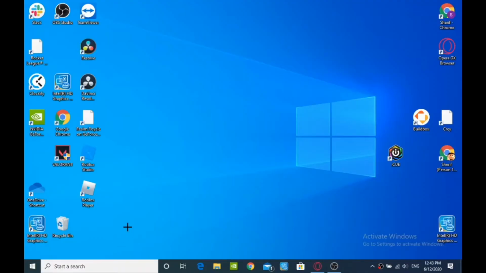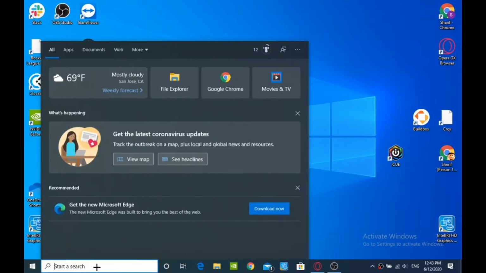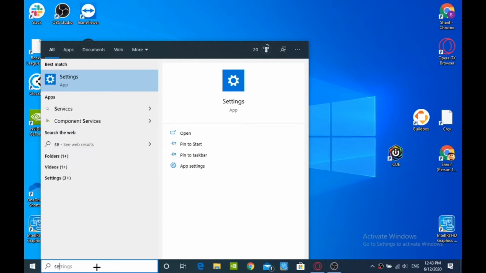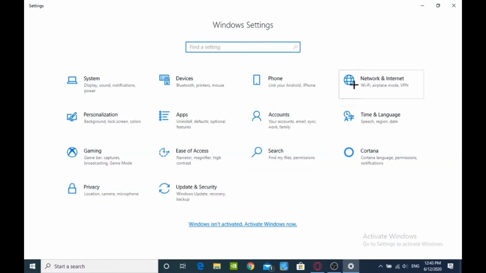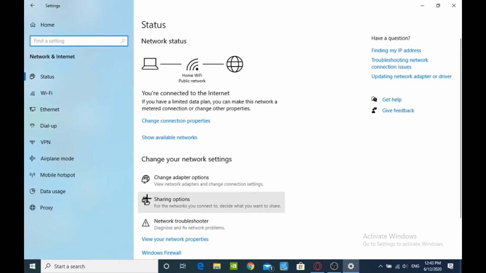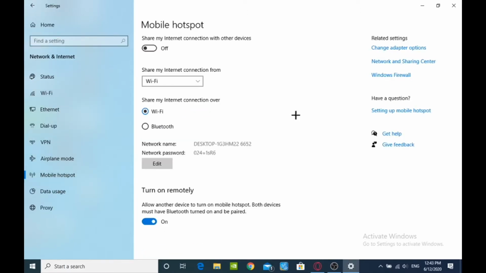Today I'll be showing you how to set up a mobile hotspot on your PC. First, you're going to want to open up your settings. After you've opened that up, you're going to find a button saying Network and Internet. Just click that. On your left, you're going to find a couple of tabs, one of which is named Mobile Hotspot. Click that. Here you're going to have a button showing to open your mobile hotspot or to close it.